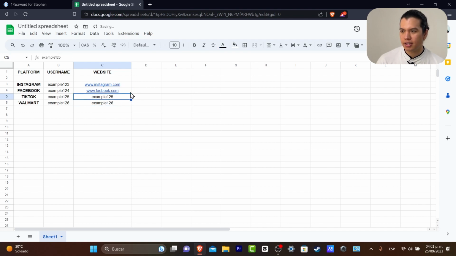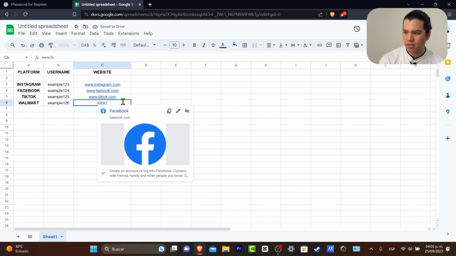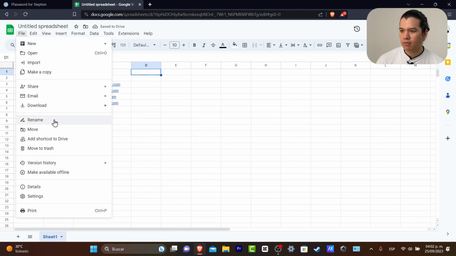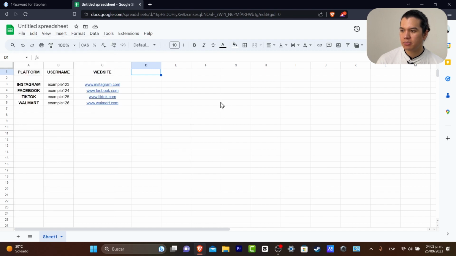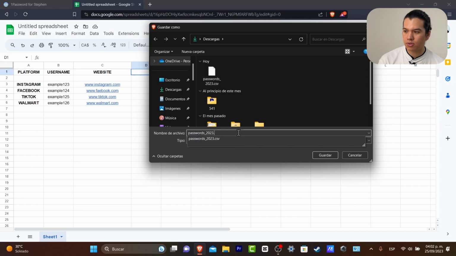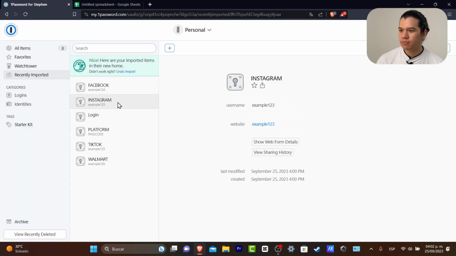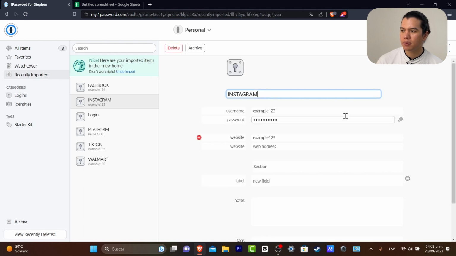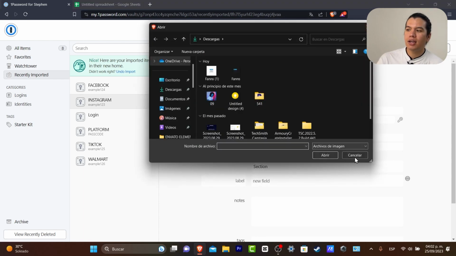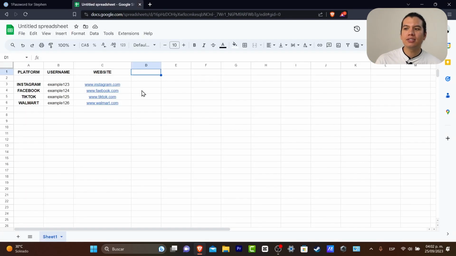And I do exactly the same thing with these new accounts. And lastly, let's go for Walmart. So I'm going to try to do exactly the same thing. I download this as a CSV file, and this would be the passcodes number 2. Now let's go back here. And if you don't like what you're seeing here, you think this importing section has been added, let's say not great, just delete those. But what I do here is that I just edit this